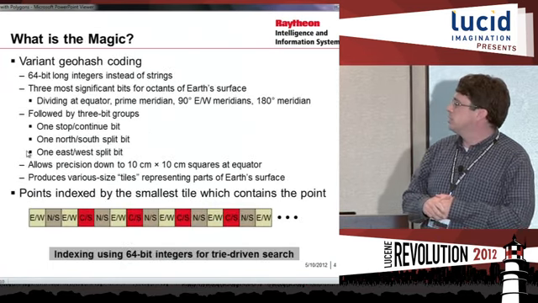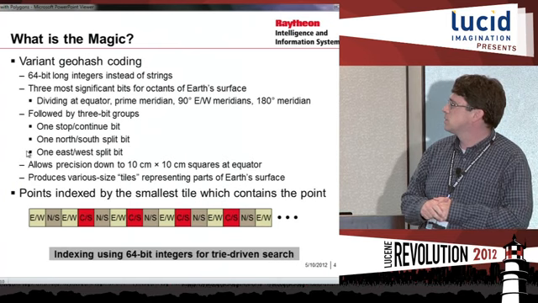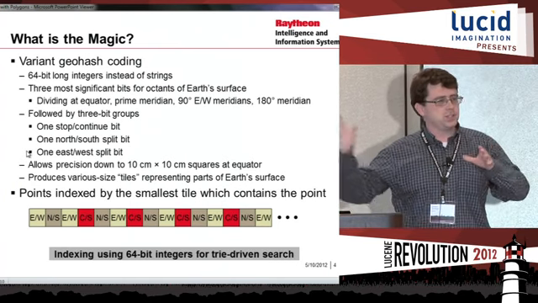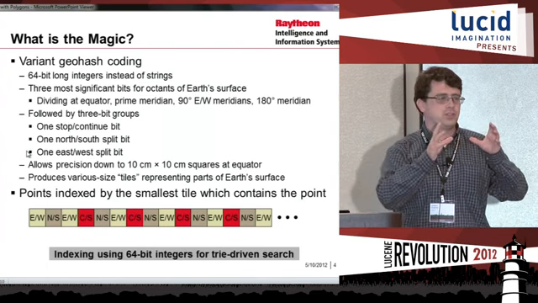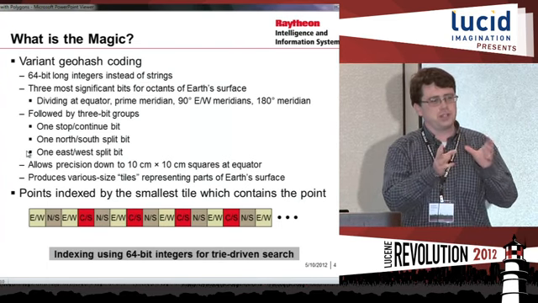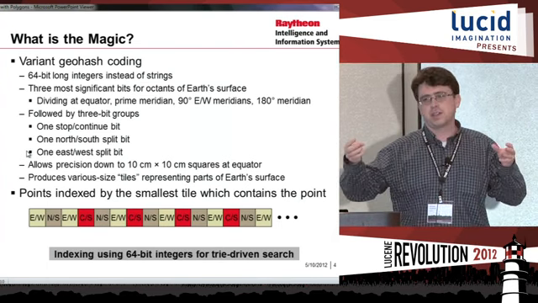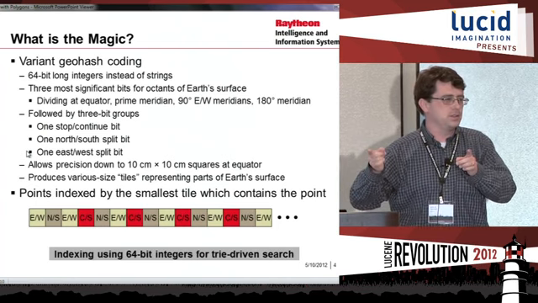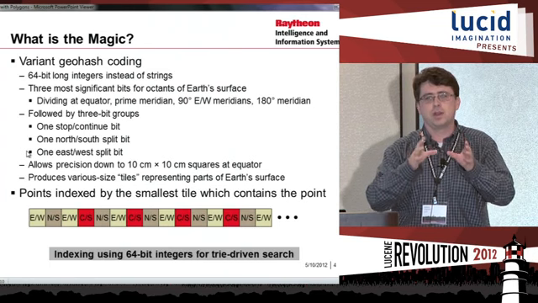So what is the magic behind how this works? Now, there are a couple of pieces of the magic. The first one is I started off with geohash coding. I like the geohash algorithm, but I didn't like that it put things out in strings, and I didn't like that it did subdivisions of 32. So, trying to address that problem,